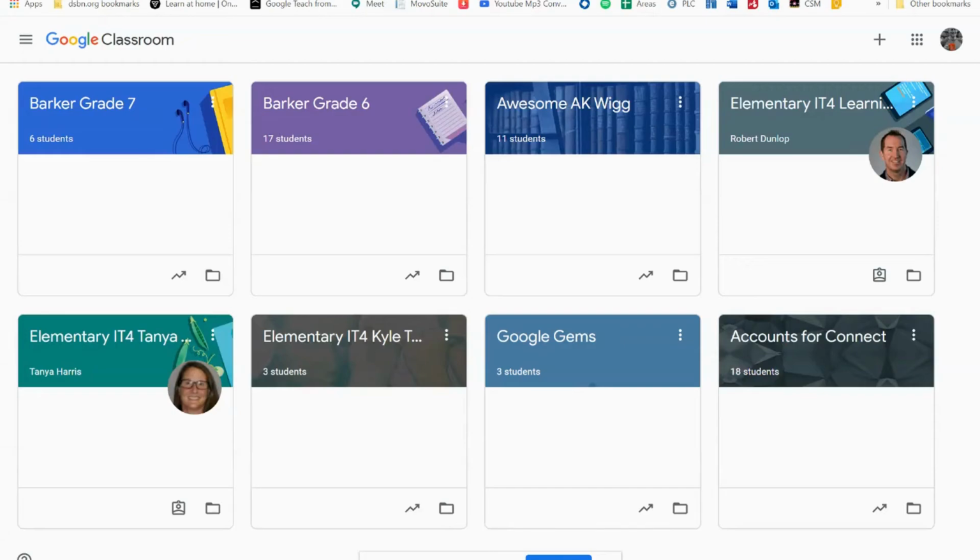If you're creating a Google Classroom, I just want to show you a couple of settings to turn on or off, just to make your classroom environment as friendly as possible and also not to inundate you with a lot of emails in your Outlook. So when you first create your classroom, before you share it with students,